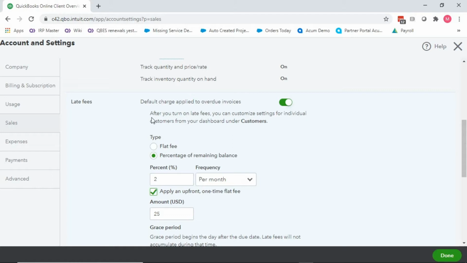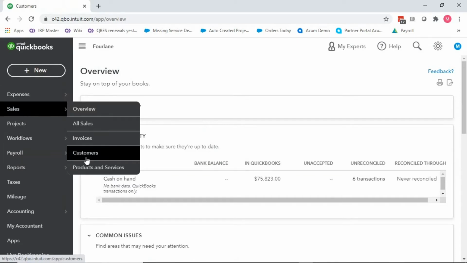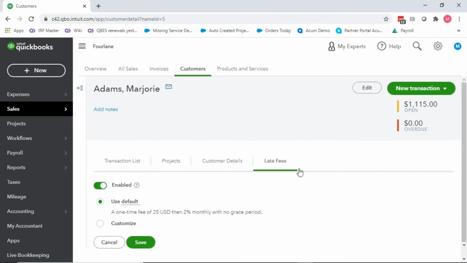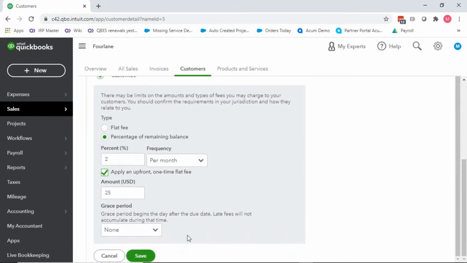So first of all, after you turn on late fees, you can customize it at the individual customer level as well. So this is a default across the board. When I go in to my customer list and I click on a particular customer, I can assess late fees in a different way. So it says use the default, or I can customize based on the customer.